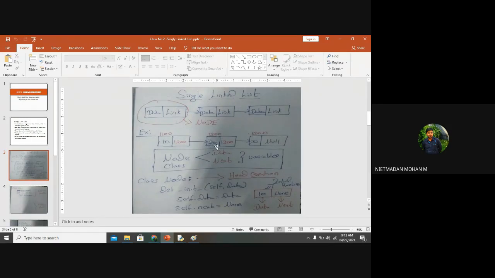Likewise, the second element is 20, and the address of the next node will be 1300, and the third element will be 30, at address 1300. After that, we are not going to insert any elements, so the final link will be the null pointer. If you get null, the program will be terminated and it will produce the result.